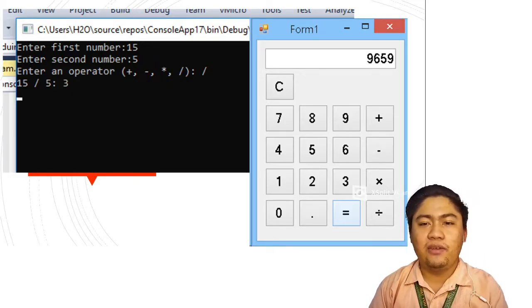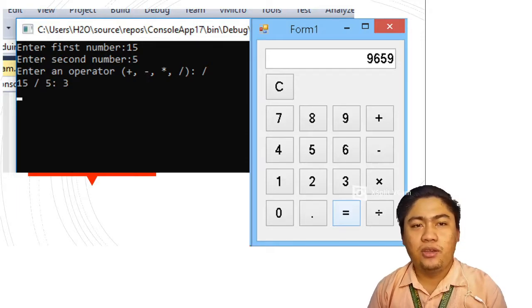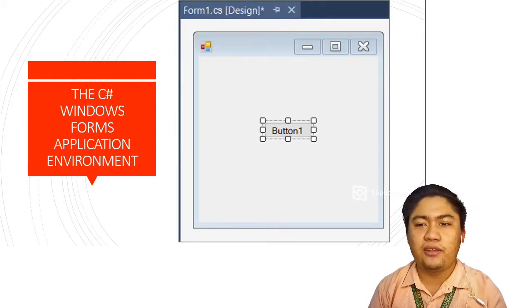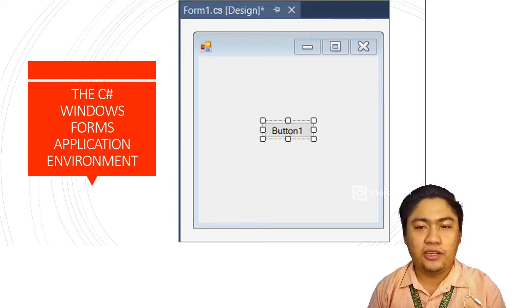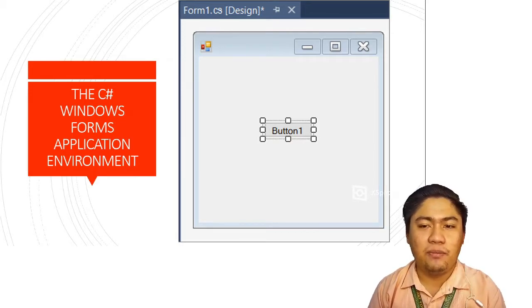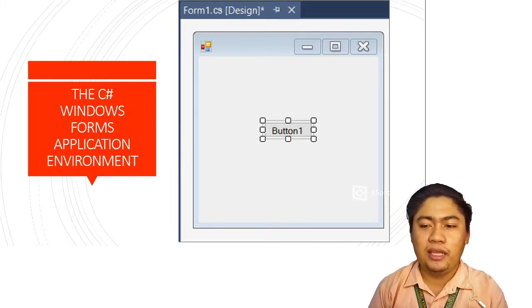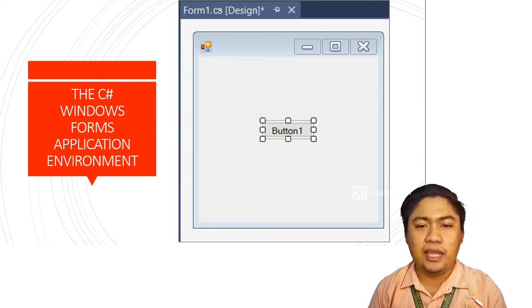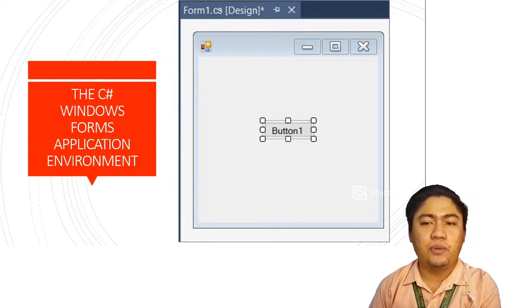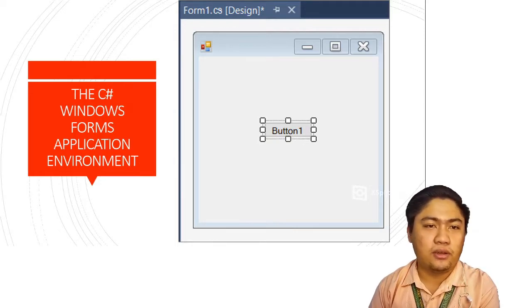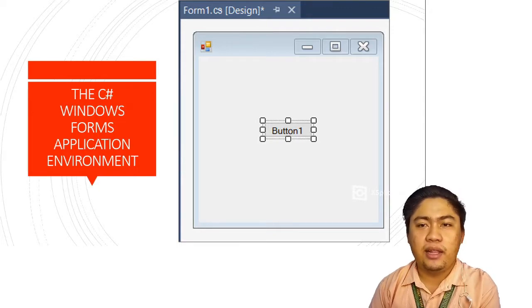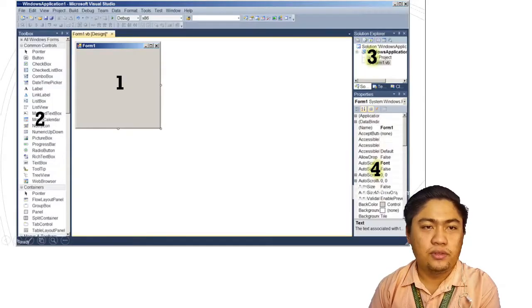In creating a Windows-based program, you will design and lay out different controls on the user interface. The Windows form is an important part in developing any Windows-based application. It is where you design the layout of the application. It is usually composed of different controls that are called objects, such as button, text boxes, labels, and the like. So let's have the environment of the